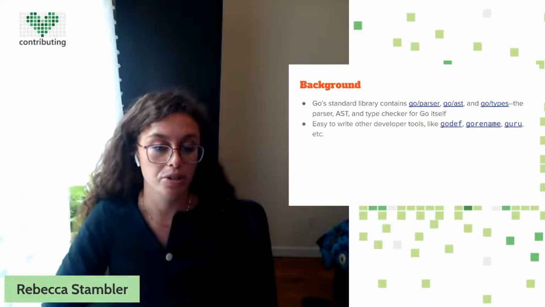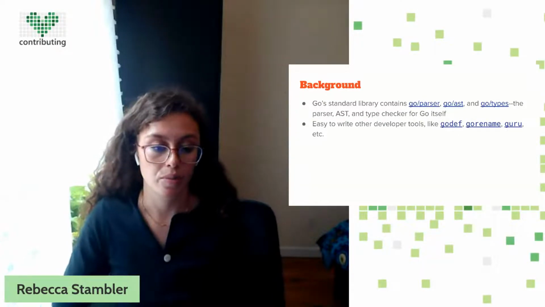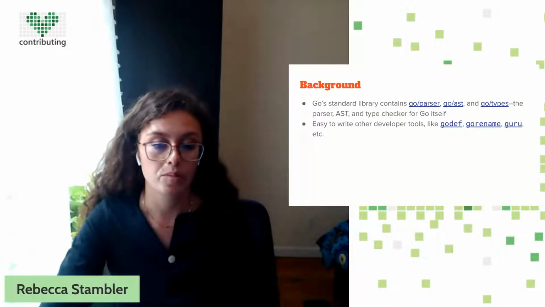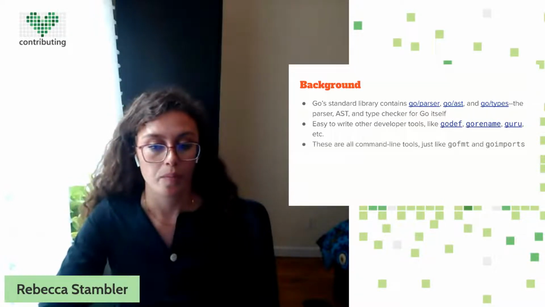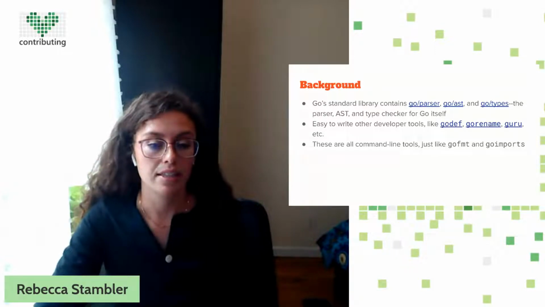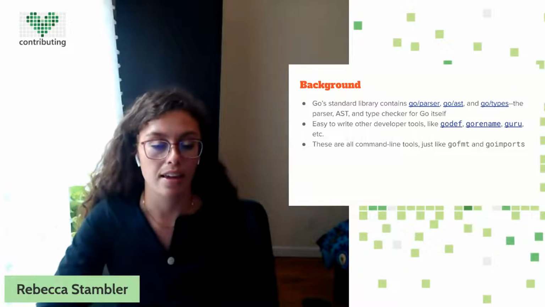And so that's what people started doing: people in the open source community were writing different tools that would perform functions that are useful for an editor. And so editors began to integrate these tools into them. So people were saying, okay, I want to be able to jump to the definition in my editor, so let me connect this Go def tool with my VS Code Go extension, and then I can jump to